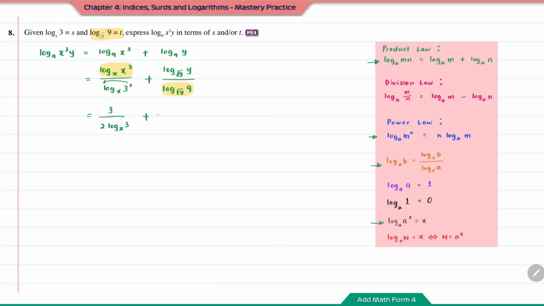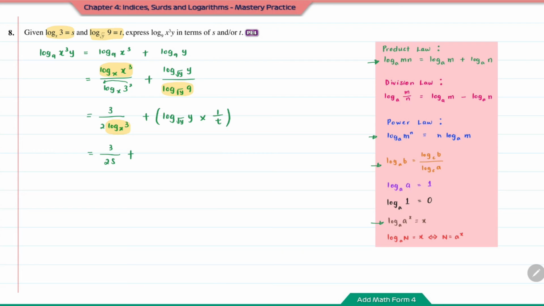So here I can write it as log base square root of y of y multiplied by 1 over t. So here we're going to get 3 over, this log base x of 3 is equal to s. Therefore here we're going to have 2 times s, which is 2s, plus,